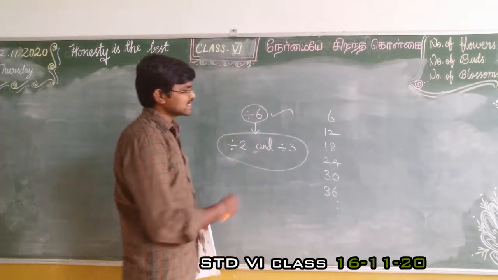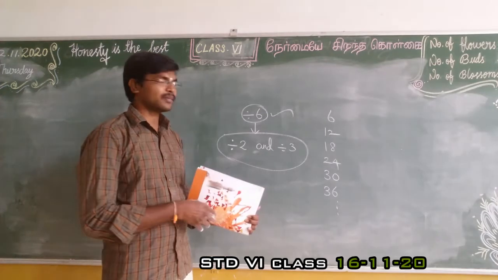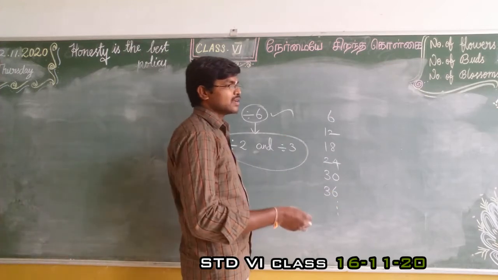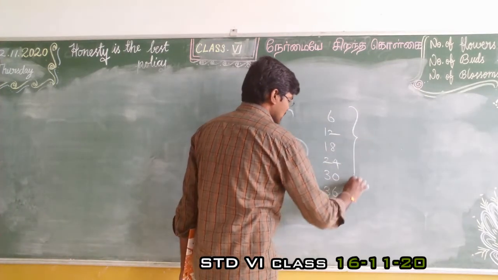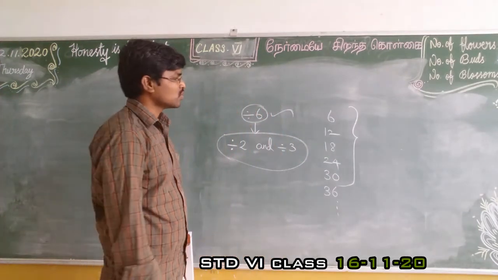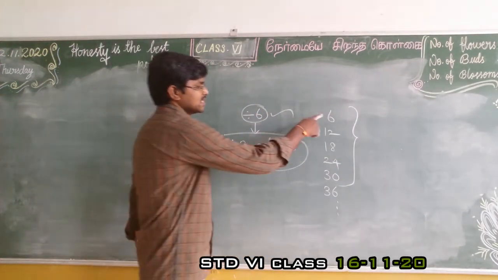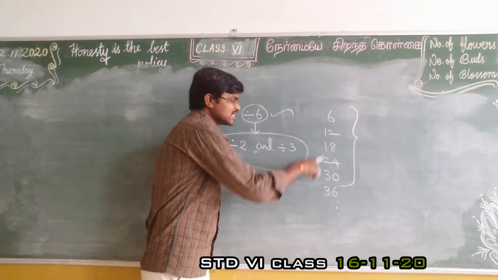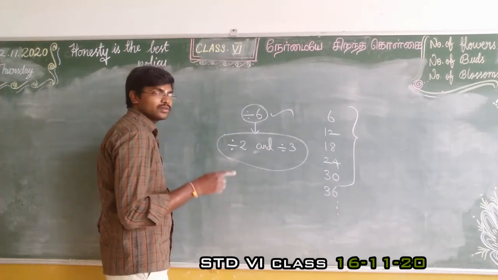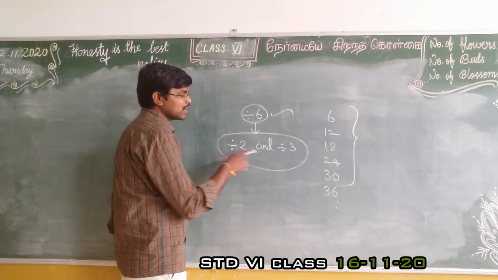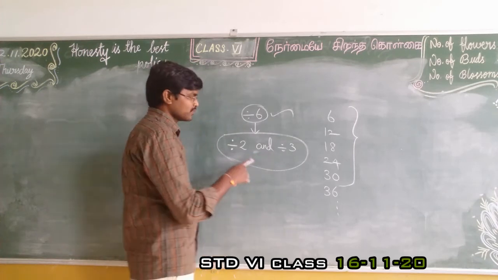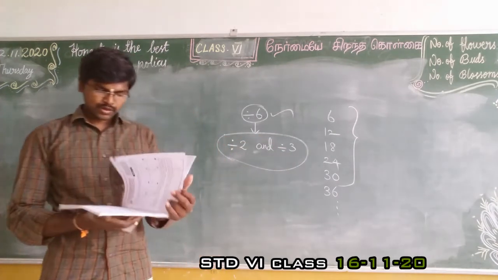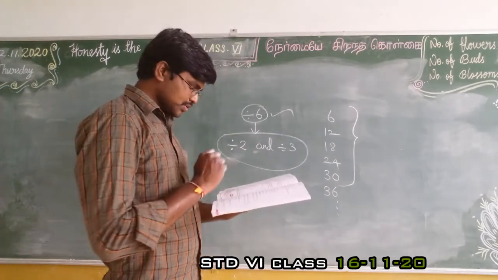But this is the calendar, no. So it has the number of days 30 or 31, that is the maximum, right? So within that 31 we have a value up to 30. Okay, so what are the dates available? 6, 12, 18, 24 and 30. These dates only are divided by 2 and also divided by 3. These numbers only. Okay, right. So this is question number 9.